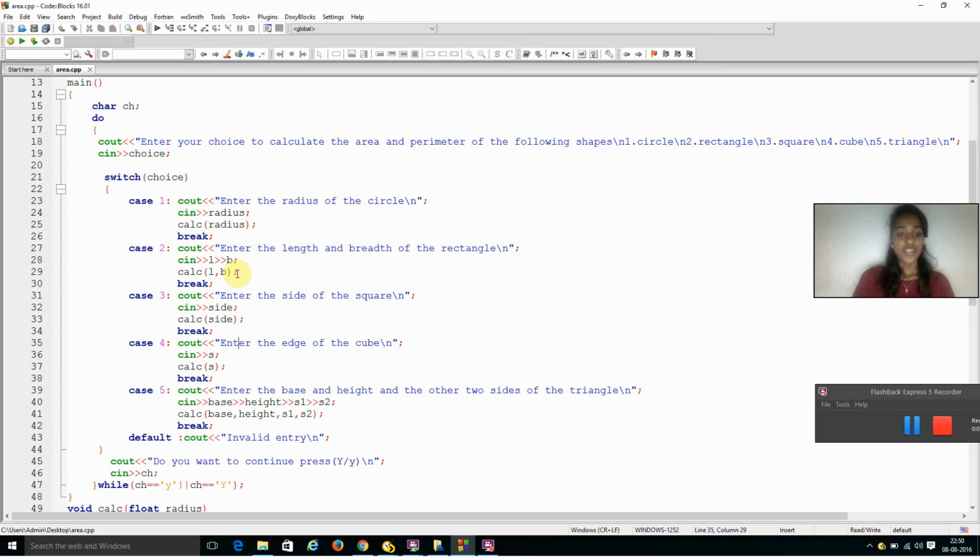Then case 4, for the cube, and the function for cube is called calc(S), and the fifth one is for the triangle, and so the base, height and the two sides of the triangle will be given as an input by the user, and the function for triangle is called calc(B, H, S1, S2). And a default statement, if the choice given by the user doesn't match any of these 5 choices,